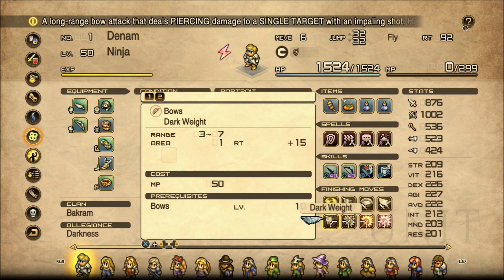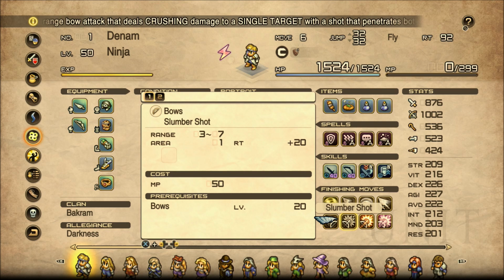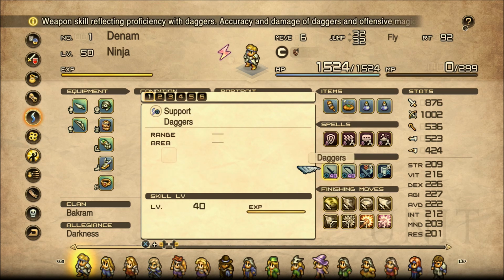Especially early on, I think Dark Weight was one of the first finishers that I got, and I was like, oh my god, this is a game changer, right? I love it. But yeah, they just keep getting better. Next up, at level 20, is Slumber Shot, and I should say,